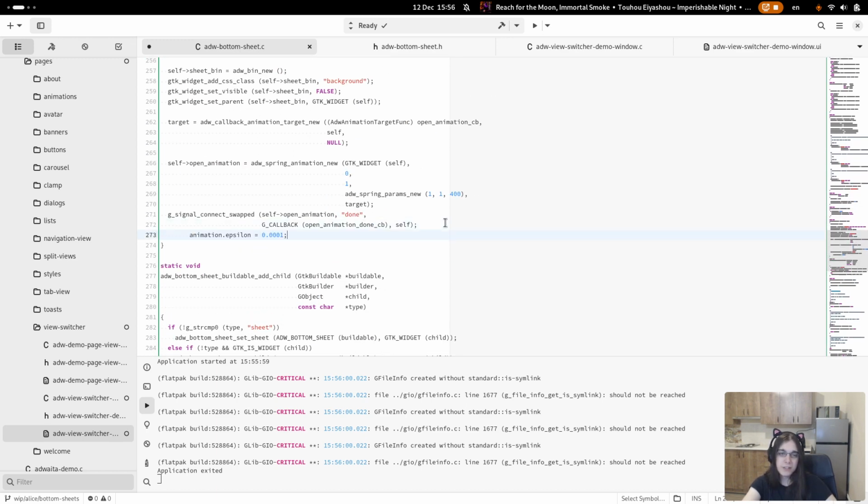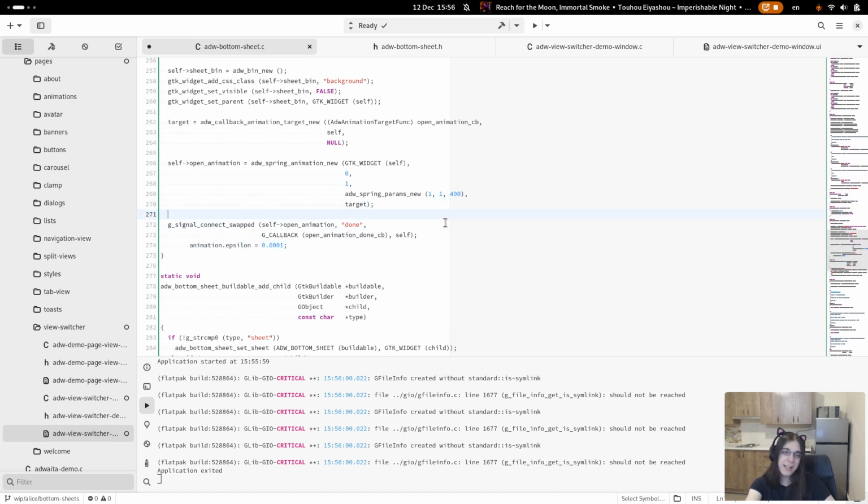Right now it's too large, so it ends early and doesn't do any bounce. And since I know that value works, I'll just use it.